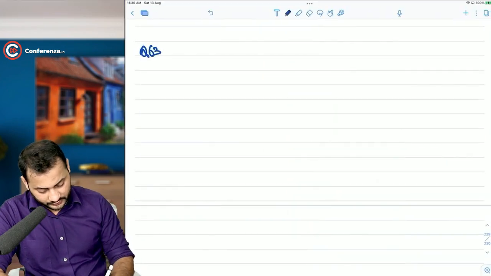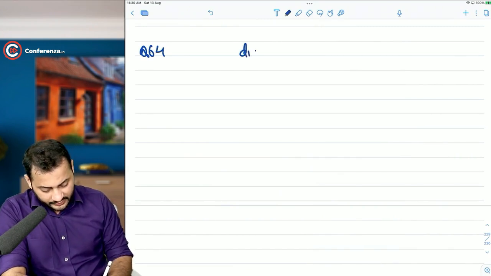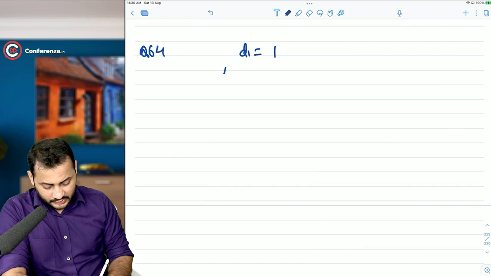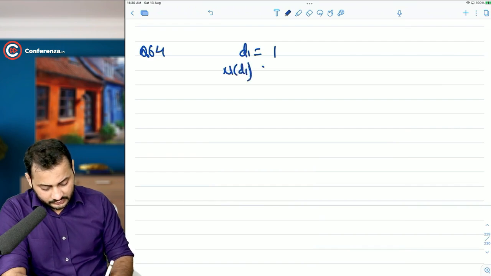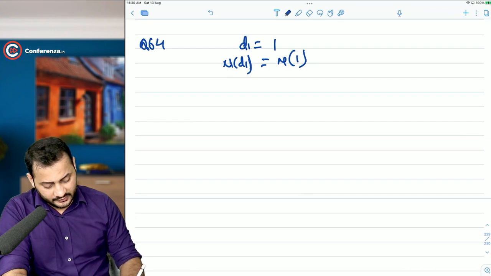Question number 64. I will take a simple example: let's say we have to find out D1 for 1 and N(D1) for 1. That means we have to find the normal probability for 1 standard deviation. Now understand, the table values that can be given to you are